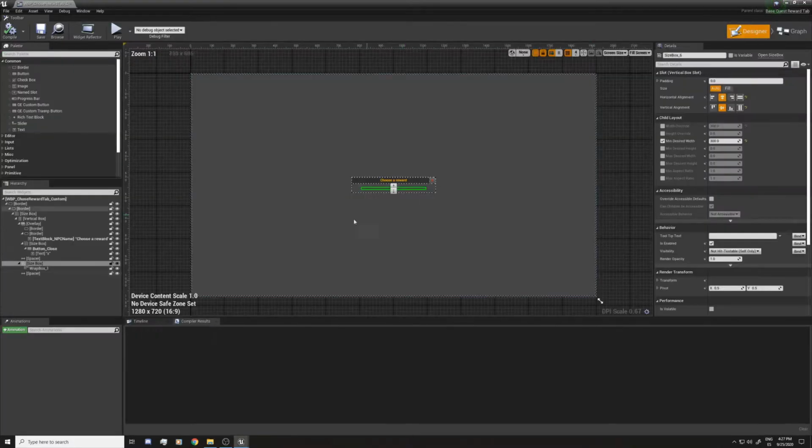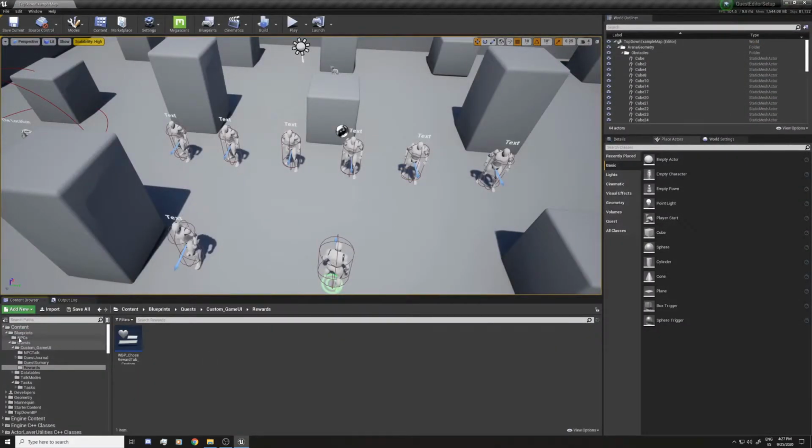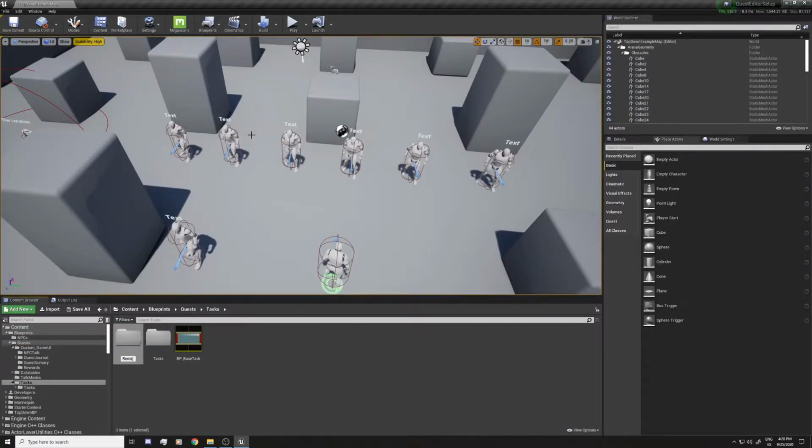And the second widget that is important is each of the slots that represent each of the rewards. So for that we're gonna need to create some widgets. I'm gonna go to quest, task, and create a new folder here, reward tasks, and inside here we're gonna need the task itself for the quest editor and the UI that I mentioned.